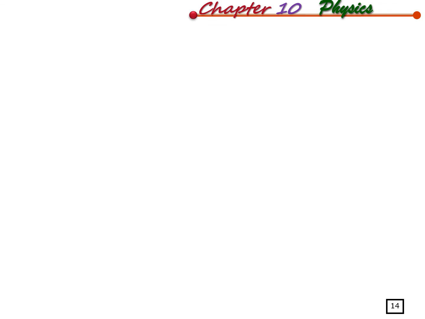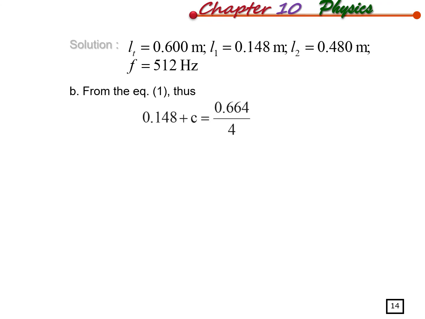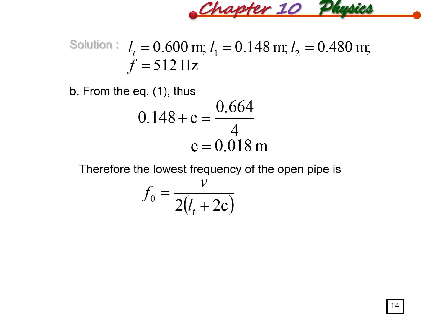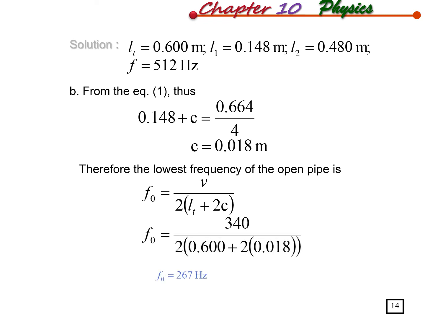Then to determine the fundamental frequency, first we determine the end correction by applying equation 1 again, since L and lambda we have already determined, so determine the value of C. Once you have the value of C, replace it into the equation to determine the fundamental frequency, which will end up with